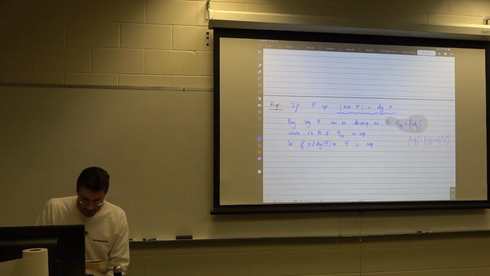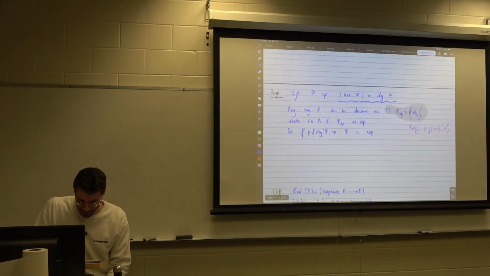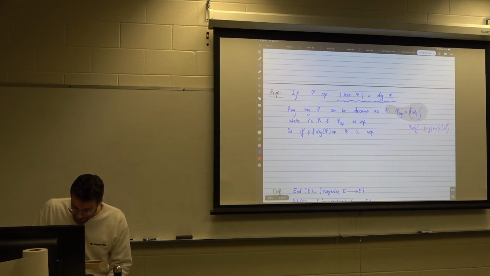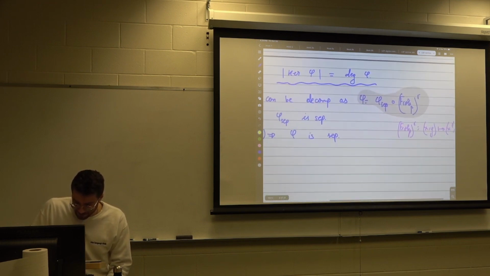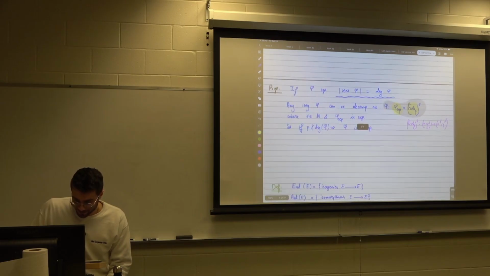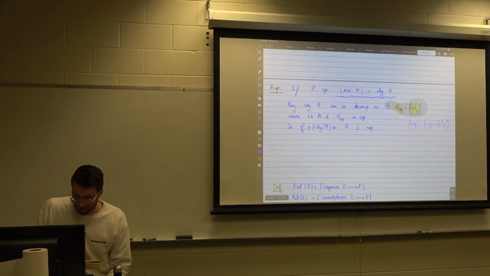And now, here's the reason why I said you usually will not deal with non-separable isogenies. It's because of the following. If you have an isogeny, you can always decompose it this way. So you have this part, which I guess we call the separable part. And this part here is just a Frobenius endomorphism. So the degree of the Frobenius endomorphism is going to be p. So if this has degree p to the r, and this is something that doesn't have p in it, then this is going to have a degree,